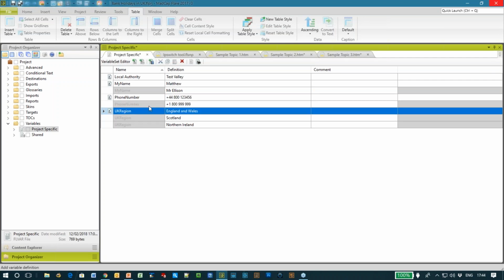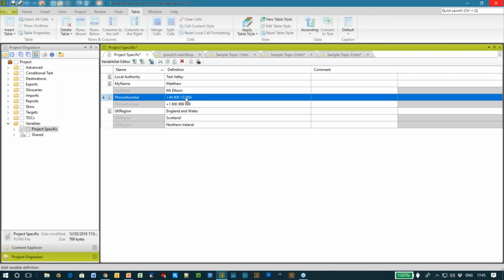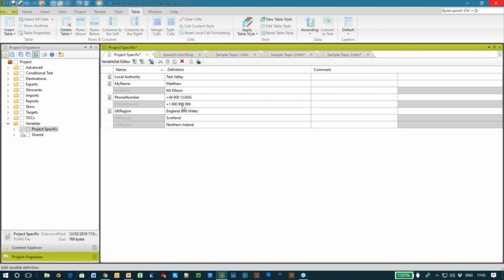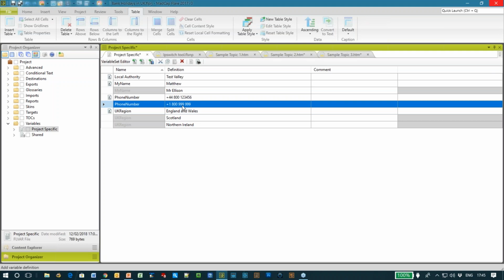And the end result, and I can have as many alternative definitions, by the way, as I like. But the default definition of the variable is this one, but these other variable definitions are available for selection in a target.